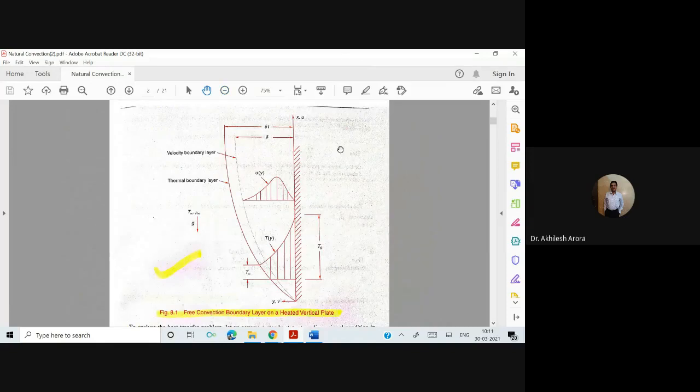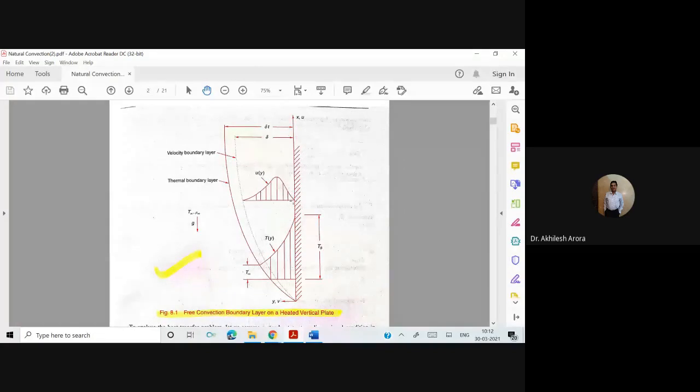Here, what you can see is a vertical flat plate. Okay, you can see the arrow or the hand movement here. This is a vertical flat plate and its surface temperature is Ts here. Okay, so surface temperature, and the surrounding air temperature is T infinity, and the surrounding air is at a density rho infinity. Okay, so what you can find here is, the air which is in contact with this vertical flat plate, when it comes in contact at this leading edge, the velocity is zero. If I take any other section, say this is the section which we have considered here.